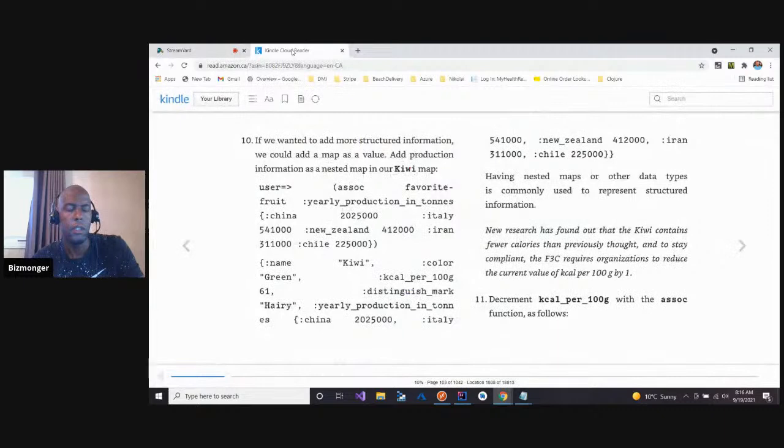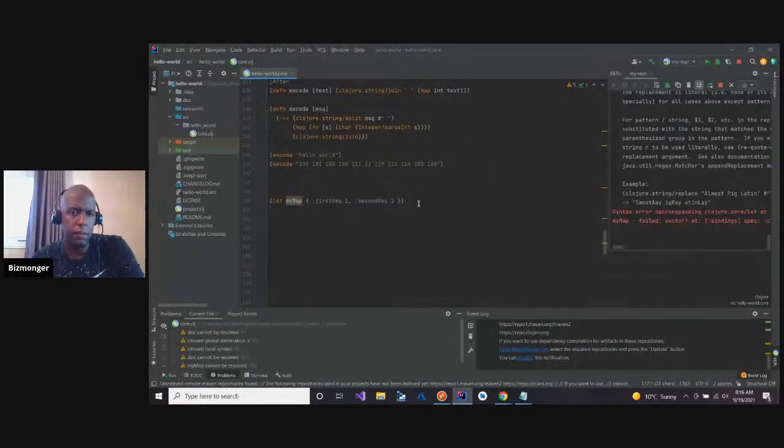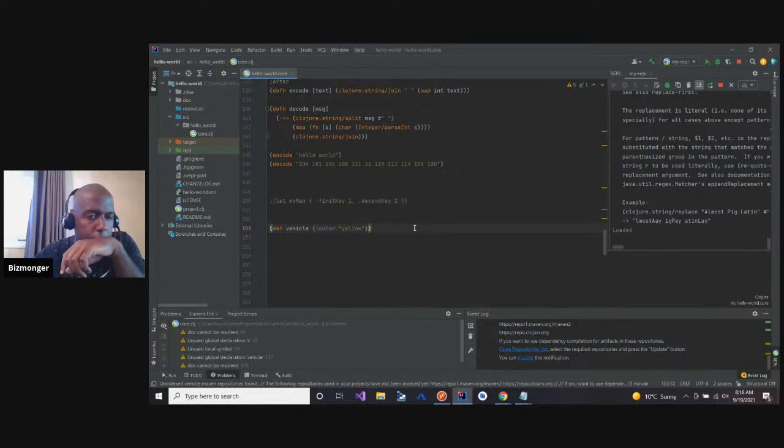Okay. So is it the pound sign that comments things out? I forget how to comment things out. Is it the semicolon? Yeah. Okay. So if I do Shift Alt L, that's fine.